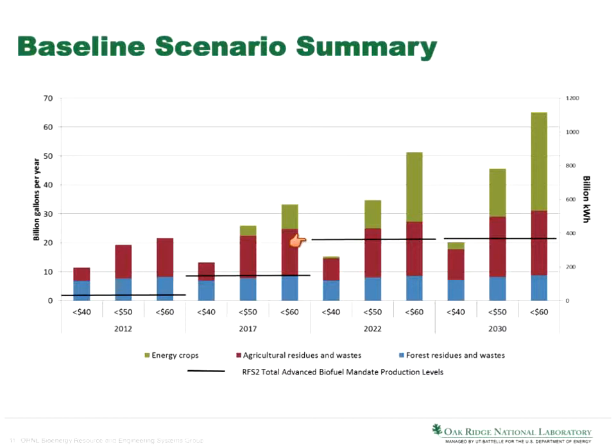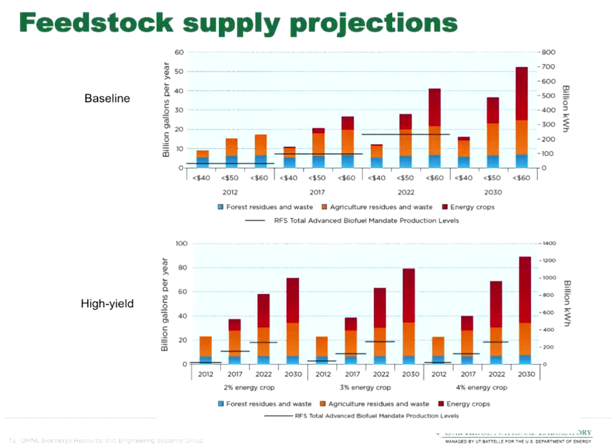2022. And just to expand on that a little bit more, the figure on the top was the same as the one that we saw on the previous slide as the baseline scenario. This is just a high yield scenario, indicating that with more optimistic assumptions about yield improvements in the future, we potentially have the production of a lot more dedicated energy crops, and also potentially more land available for the production of those energy crops, as there are potentially yield enhancements with our conventional crops.